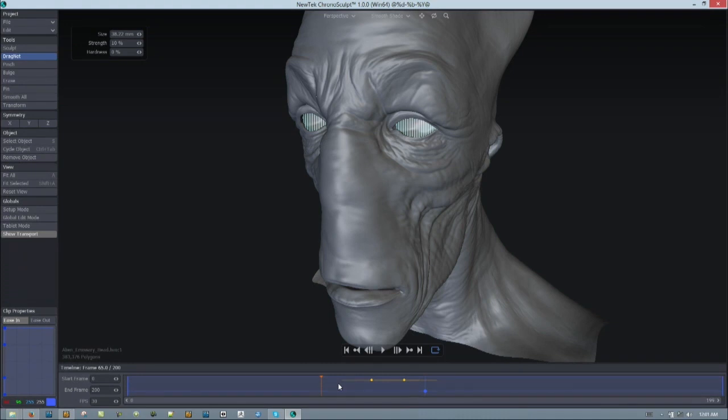This can be saved as a project that will maintain the separate clips of the timeline, or you can save and export an MDD or geometry cache file to bake it all into one animation and back to LightWave or your other applications. So one of the things that I want to point out that is so useful for ChronoSculpt